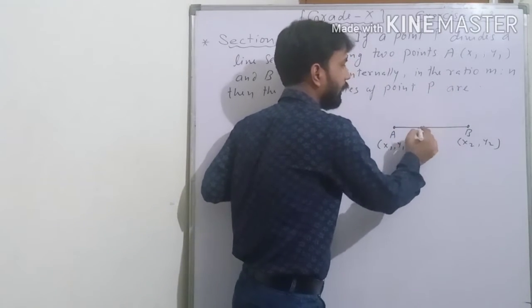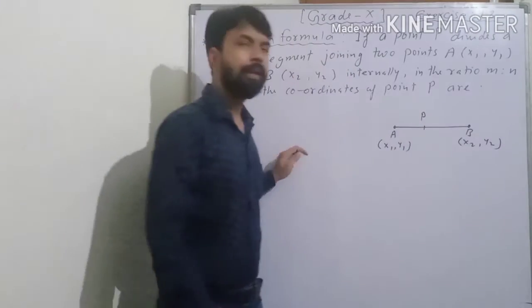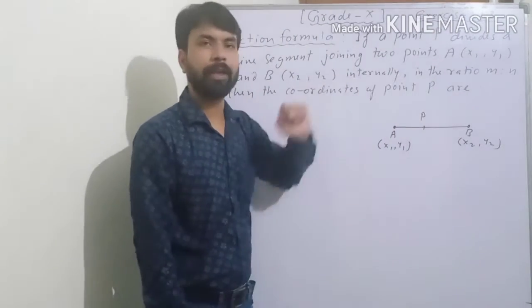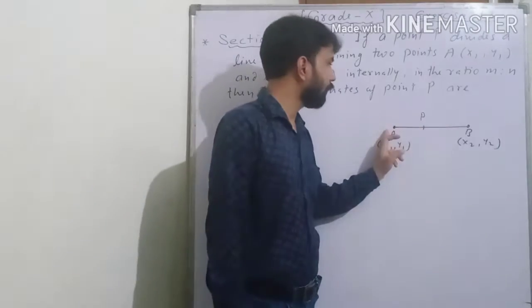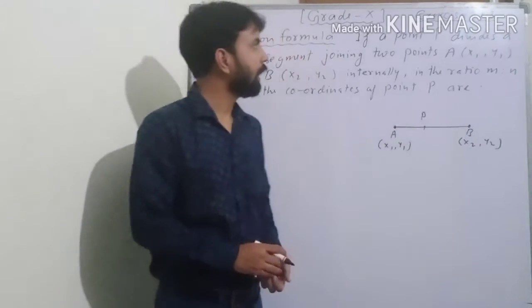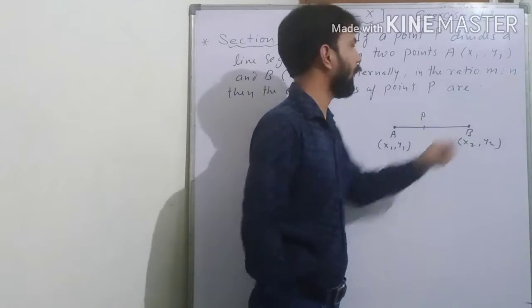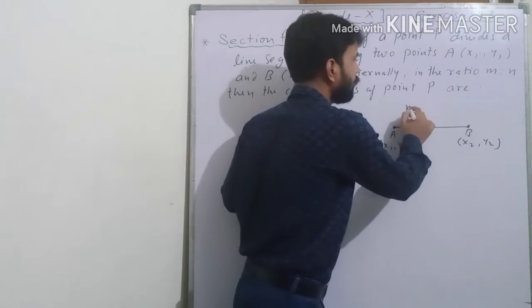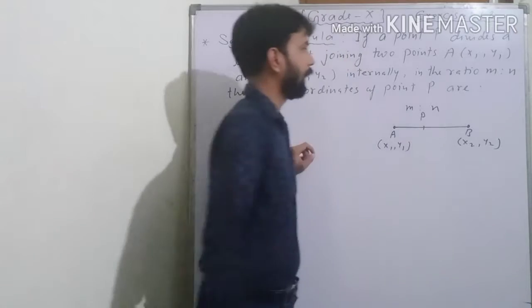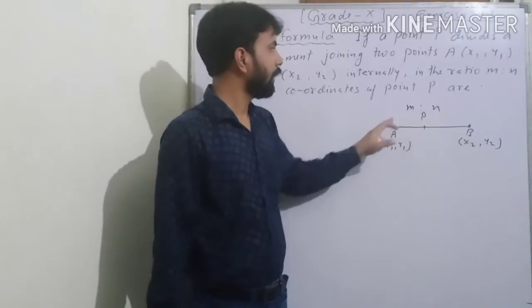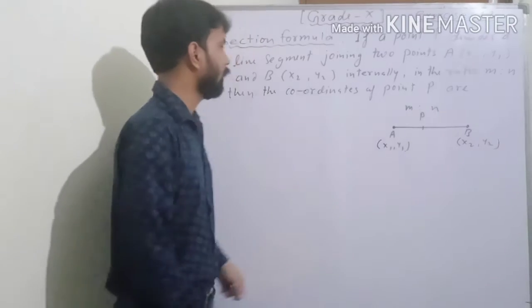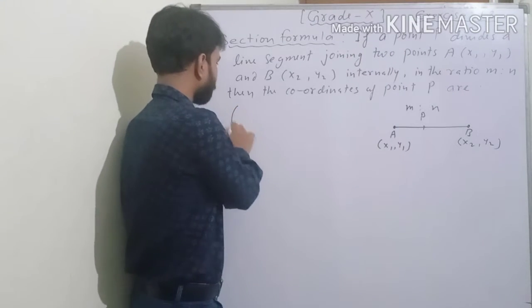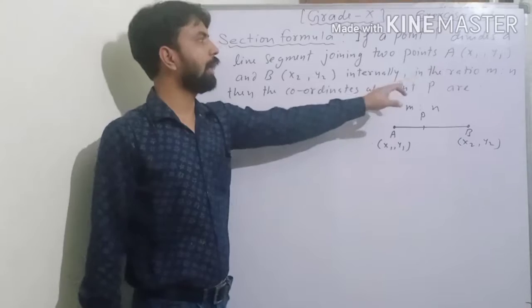Consider the point P is here. And we have to find the coordinates of this point. So how can we find? So see, this point divides the line segment AB in which ratio? Ratio is m is to n. P divides AB in the ratio m is to n. Then the coordinates of P will be,